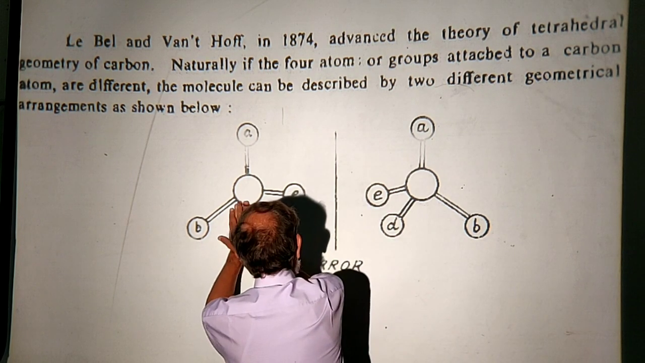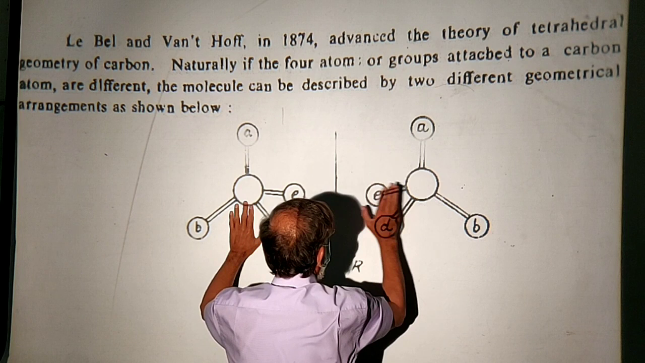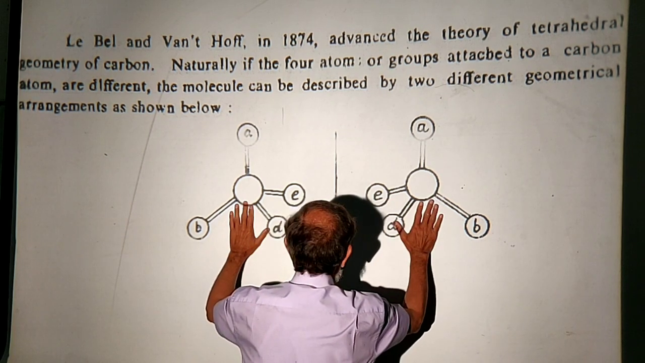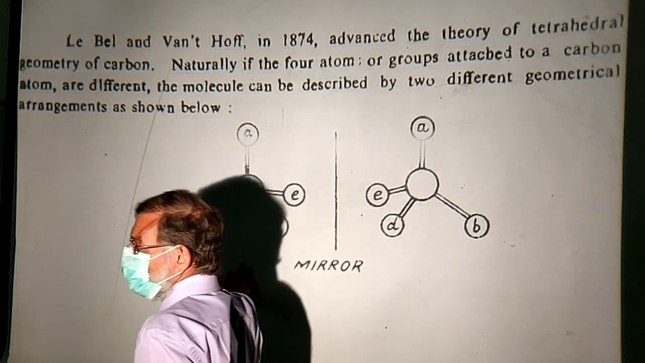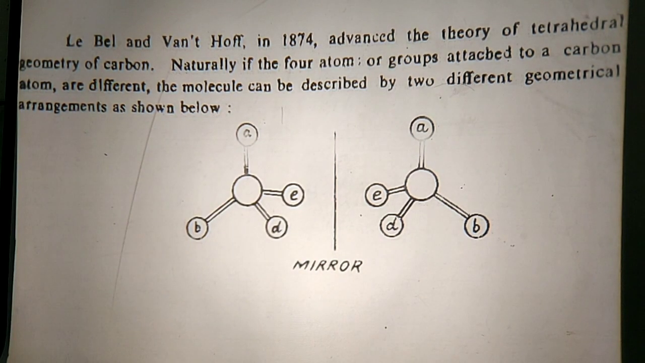So now this one could be a good drug, and this could be a good poison, or this can be a good drug, and this can be a very good poison. So these are the ways we could understand stereochemistry. So now,